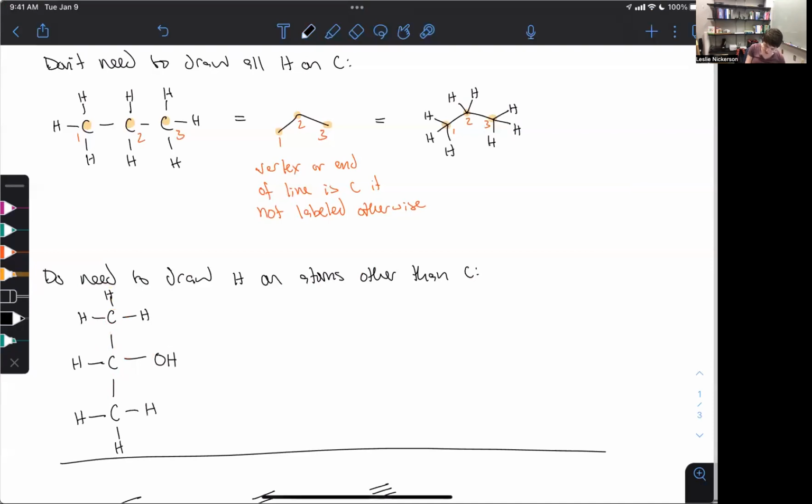Okay, so that is going to equal, in our zigzag structure or skeletal structure, or however you want to say it, there's a lot of different ways. It's going to be that. Okay, so if I have 1, 2, 3, 1, 2, 3. Okay, so carbon 2 has my oxygen on it, just like that. Okay, so if I draw that in with all the invisible hydrogens shown,